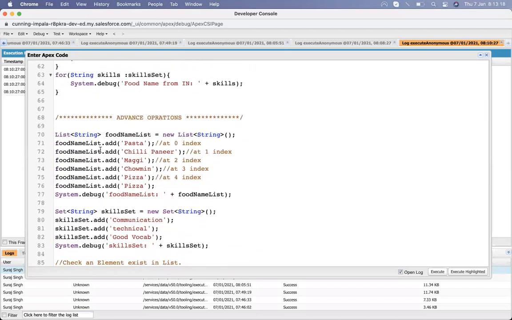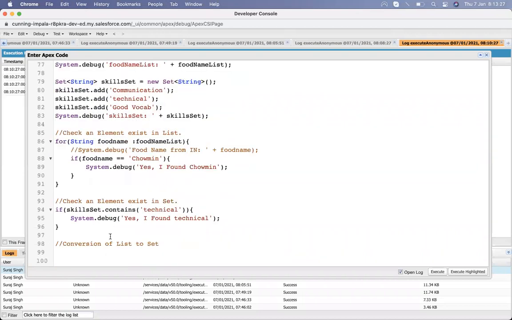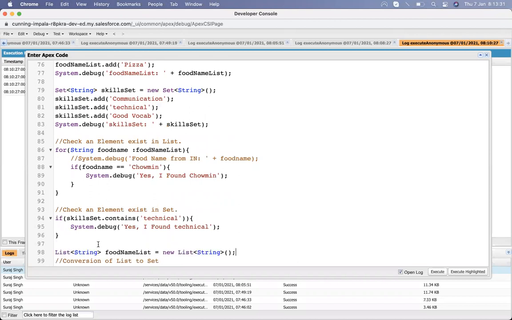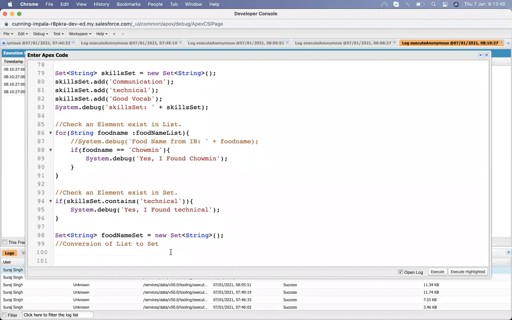So I am going to convert that food name list to a food name set. First I need to declare a new variable called food name set, a new set variable.